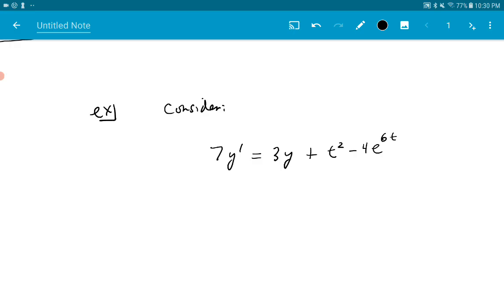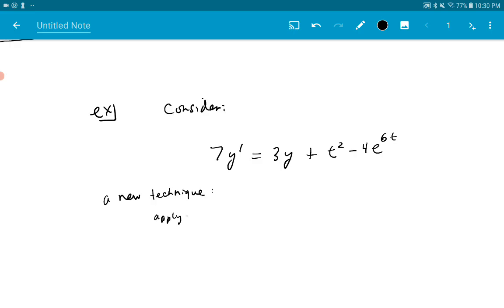You might remember, I think this one is not separable, but it is linear, so you could actually solve it using an integrating factor. You might have to review that before the final. Okay, so I'm just saying consider it, though. I'm not saying solve it. Here's a new technique that we haven't seen before. Now that we have Laplace transforms at our disposal,